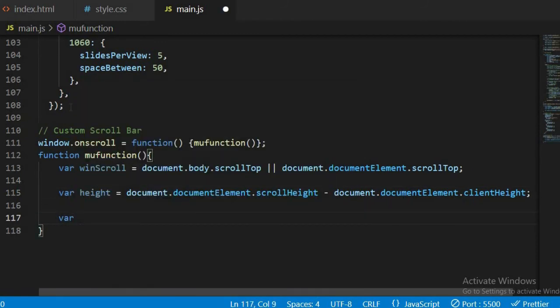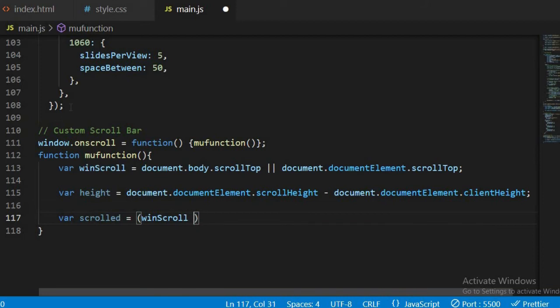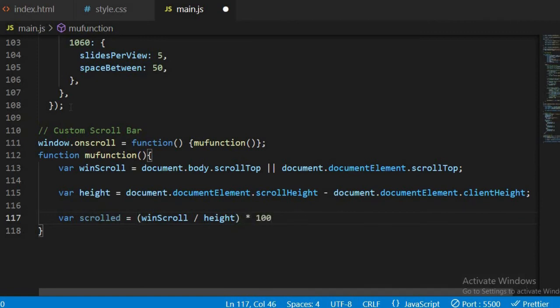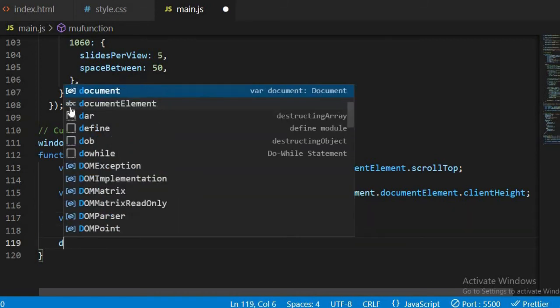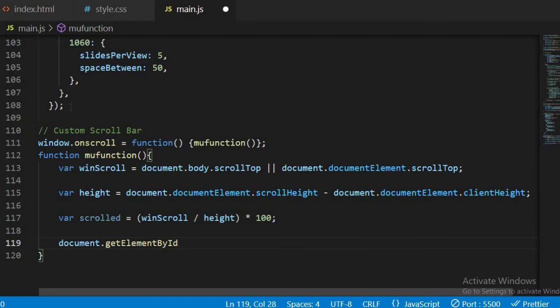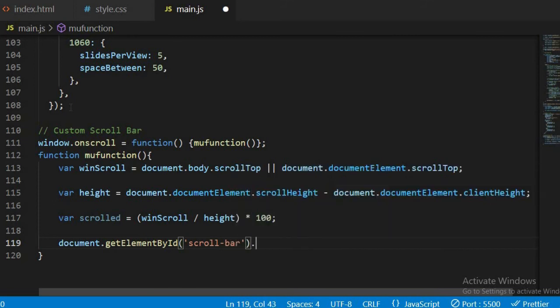Another variable. And now we are done. Okay, so now we are done,